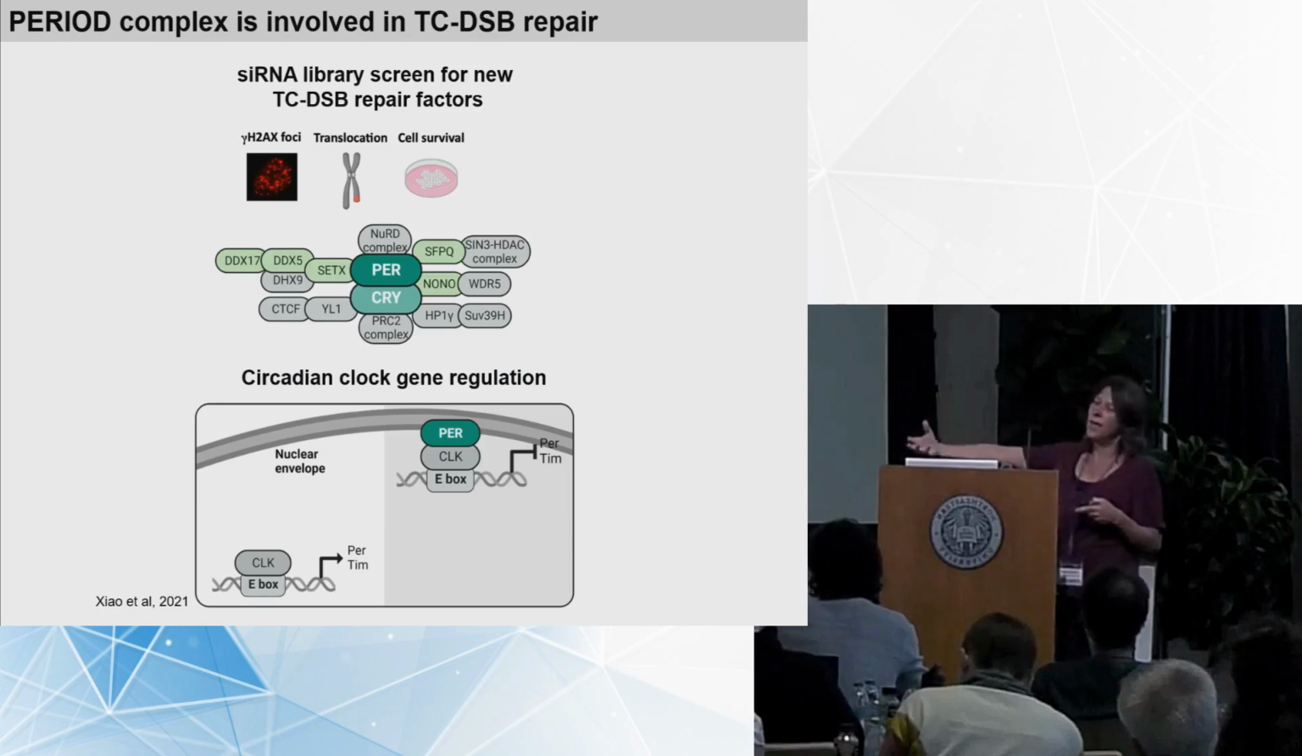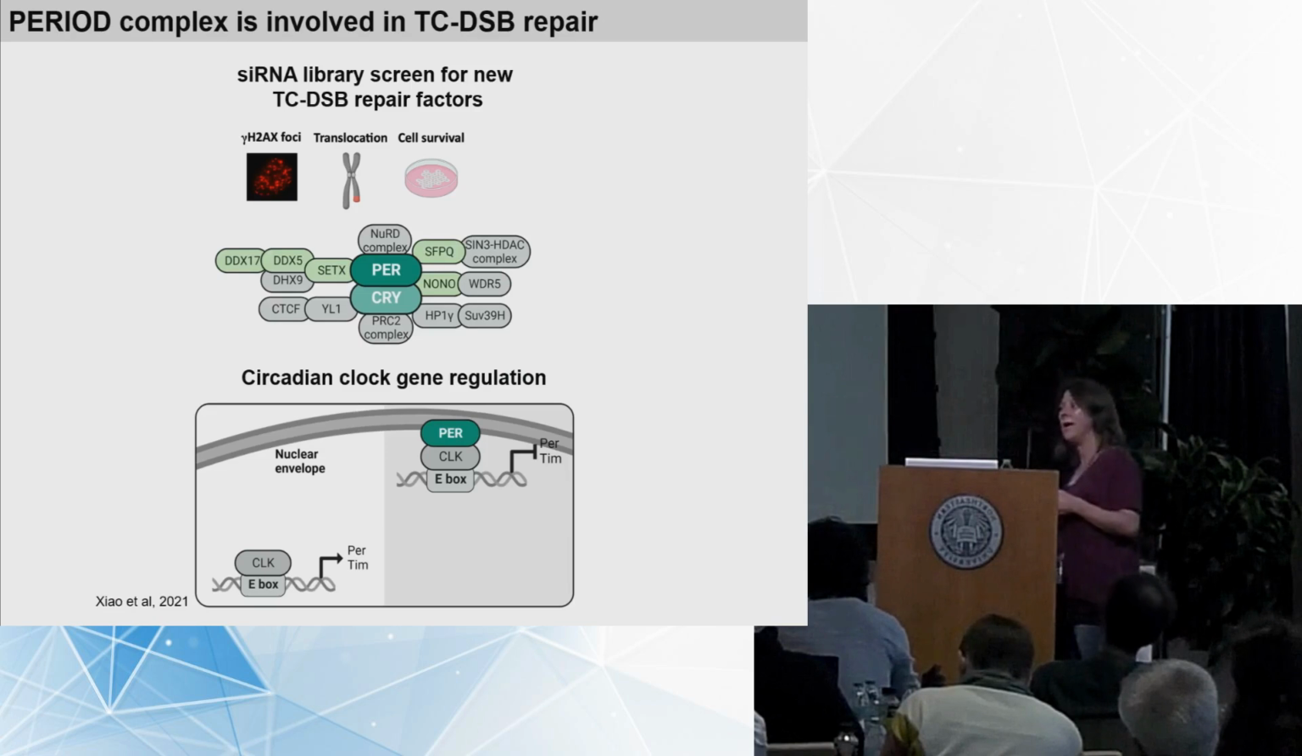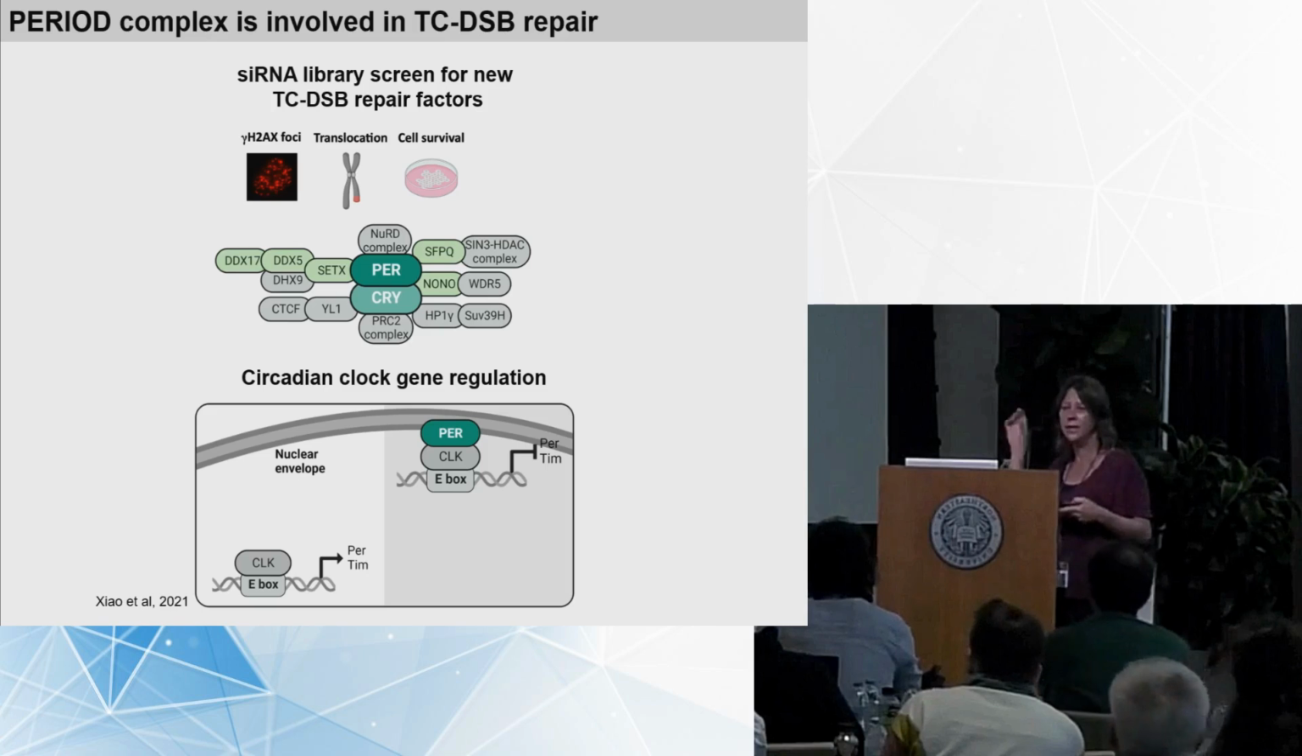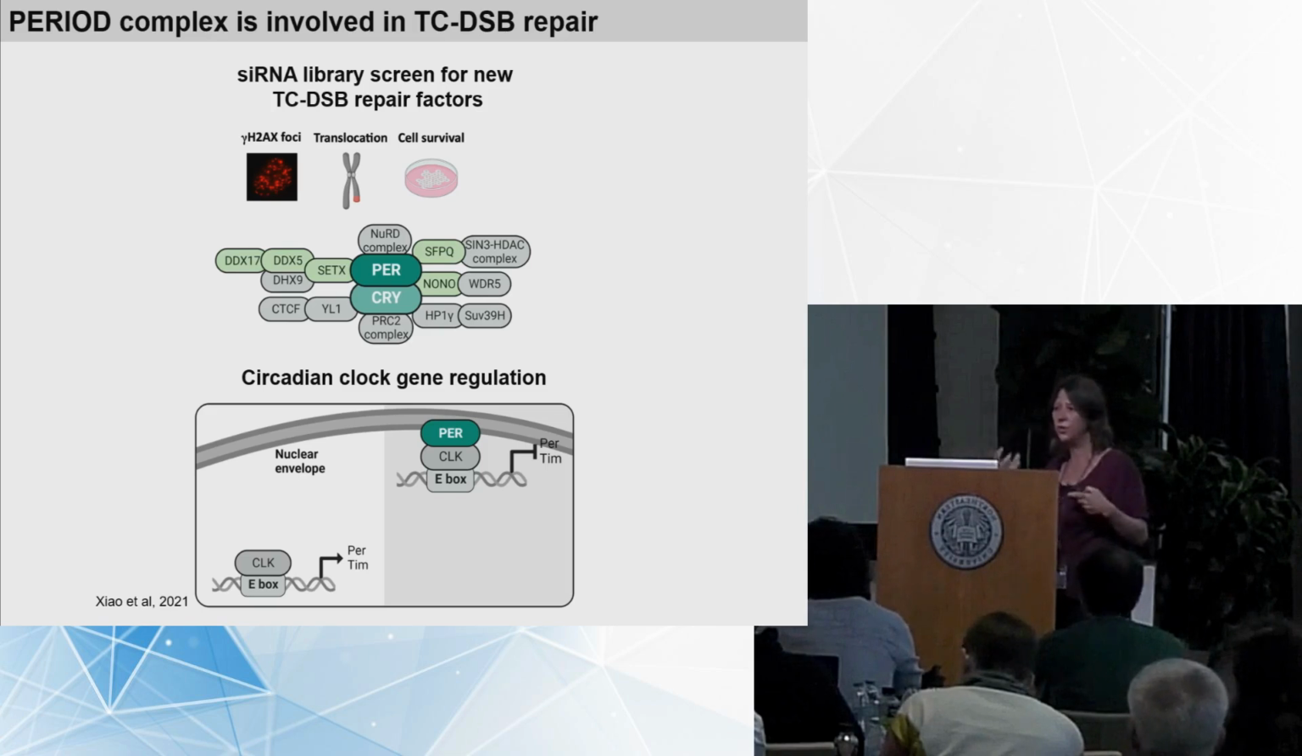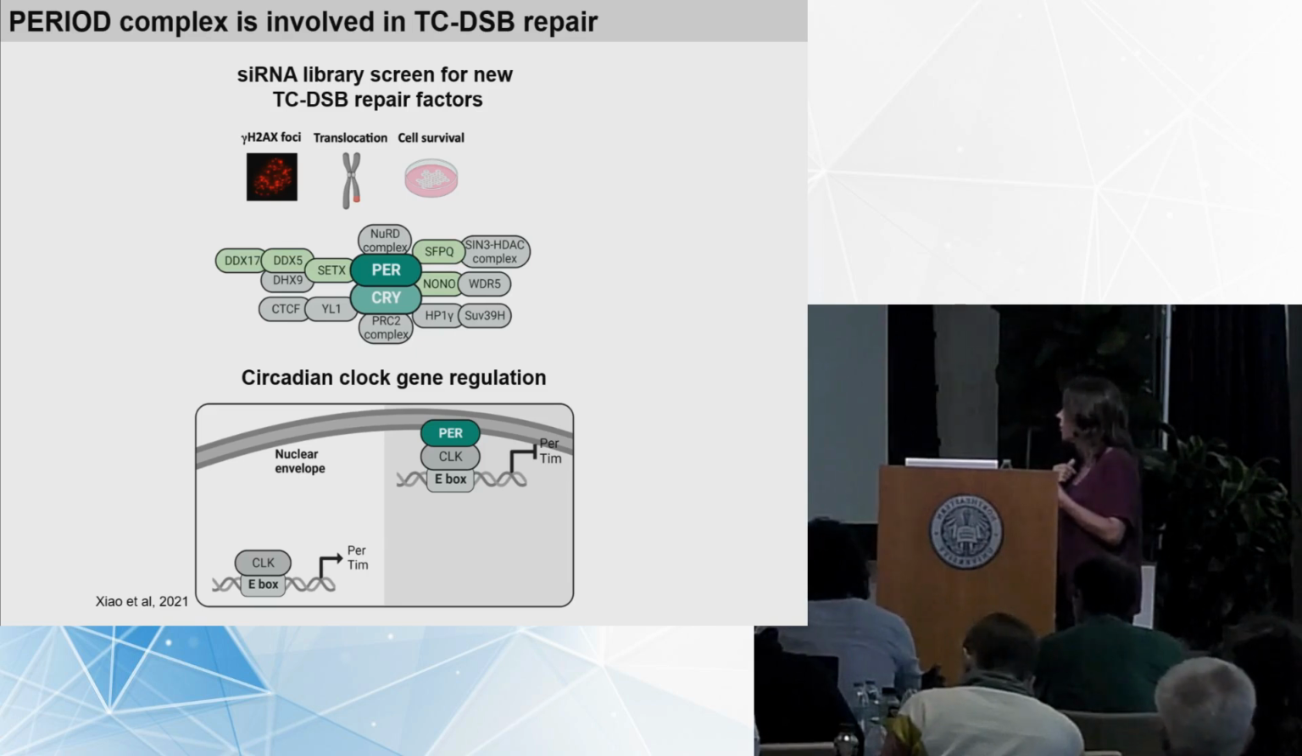Okay, so then we got some hints from an independent project that was aiming at identifying new factors, new players in the TC-DSB repair pathway, which is the DSB repair pathway that allows repair of breaks induced in transcriptionally active loci. Okay, so we know those DSBs need a specific repair pathway, need specific actors. So we decided to start a screen to find more of these actors, and we ended up, so I'm not going to go into this screen, we screened for gamma-H2AX foci, translocation, cell survival, and DSB clustering, and we could